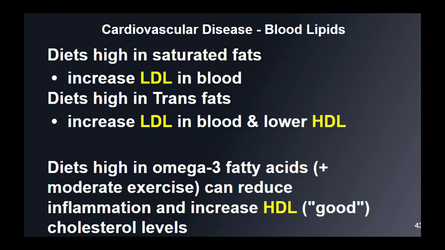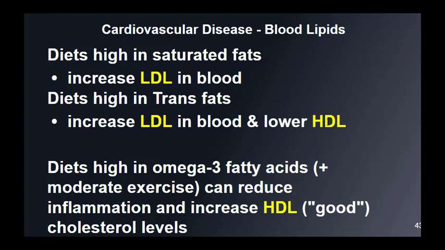If my diet consisted of lots of trans fats, so if I ate a lot of hydrogenated margarine and hydrogenated peanut butter and various processed baked goods, what that might do is increase my LDL and at the same time lower my HDL. So these trans fats are actually a lot worse than the saturated fats because it's also lowering our HDL,